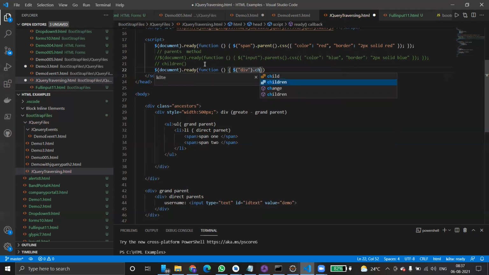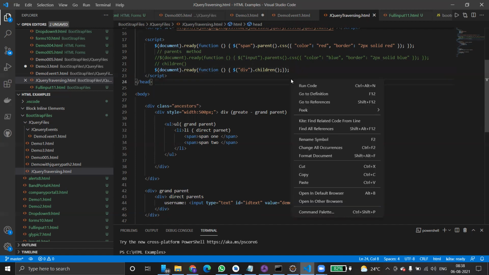See, this is children. We have to use the children method. Semicolon, and that's it. Another semicolon, Control S. So this is how we use the children method. Dollar document dot ready function, dollar division dot children. What it does is simply return all the children elements.